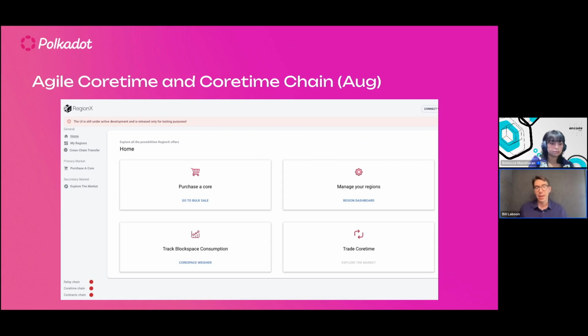Maybe you have a parachain that doesn't run often, or it's just starting up, and so it doesn't have a lot of activity, and so you only want to validate when actually transactions occur. But the long and short of this is that it makes it much easier and much more flexible and much cheaper to join the Polkadot network and interact with other parachains and be secured by Polkadot.